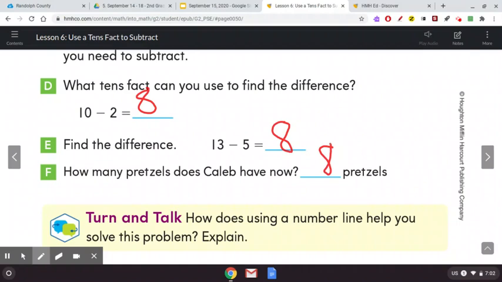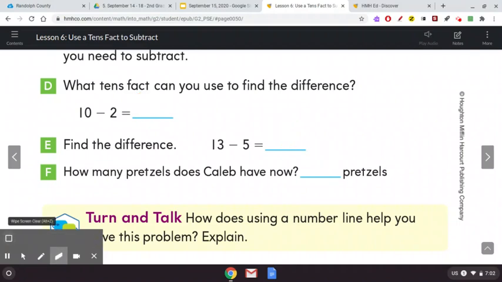So at home, we're going to have a turn and talk. So you can turn and talk with someone near you, or you can just think about it in your head. How does using a number line help you solve this problem? Explain. Okay, so go ahead and move on to the next page,